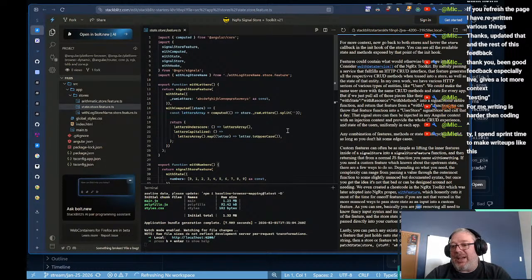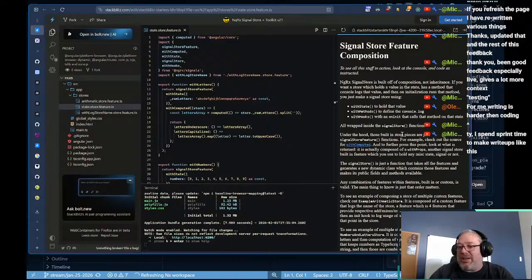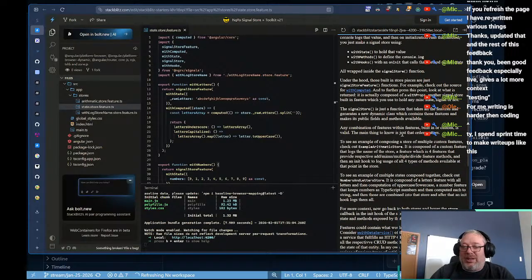But being able to have the soft skills and communication skills is going to be worth it. Spend sprint time to make write-ups like this perfect, right? Like these kinds of things are important. They're going to help your teams level up. And that turns you from